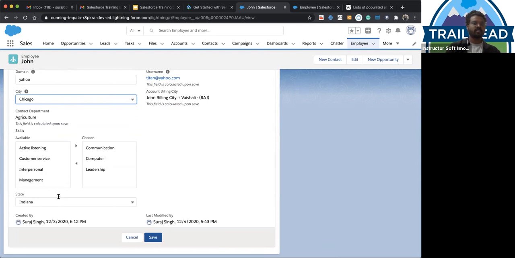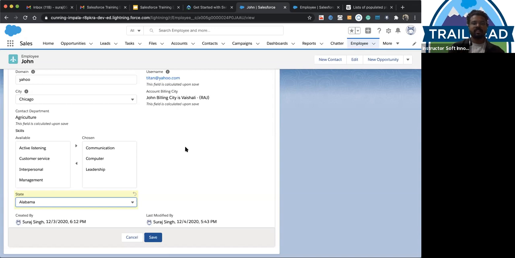I want a restriction so that when I choose Alabama, only the cities related to Alabama are available. At that time, we use the dependent pick list, a pick list whose values depend on some other pick list.